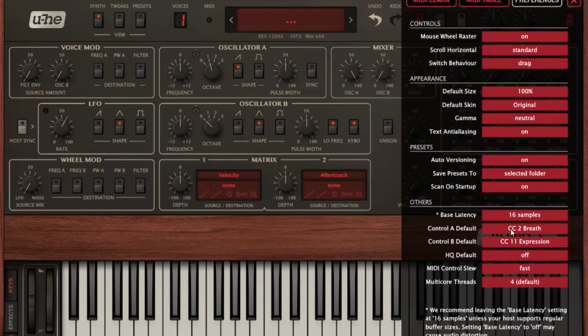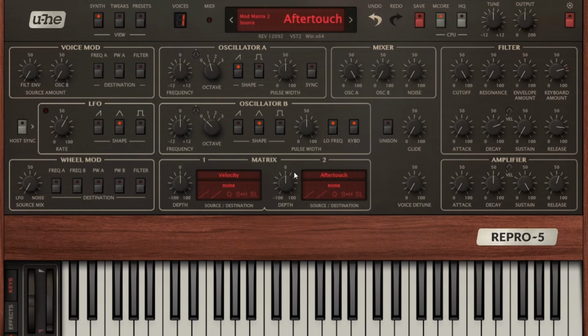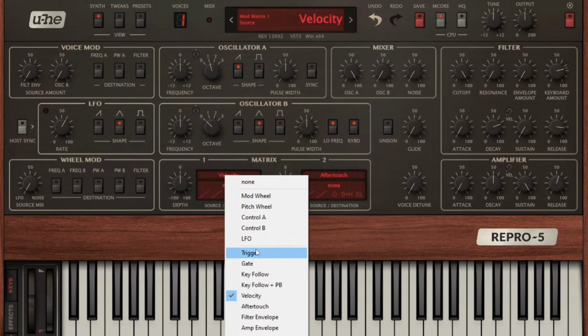So like in this case, breath or expression if you have a special keyboard or something. But this can have velocity, aftertouch, the filter envelope, amp envelope. We're going to leave the voice index for the second video. That's to build chords and different things. But mod wheel, pitch wheel, LFO,